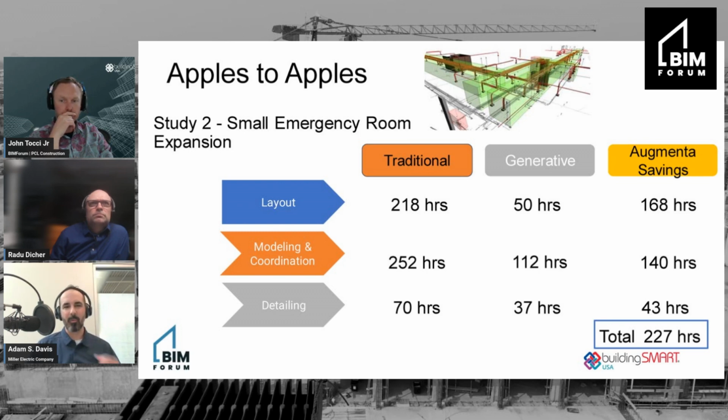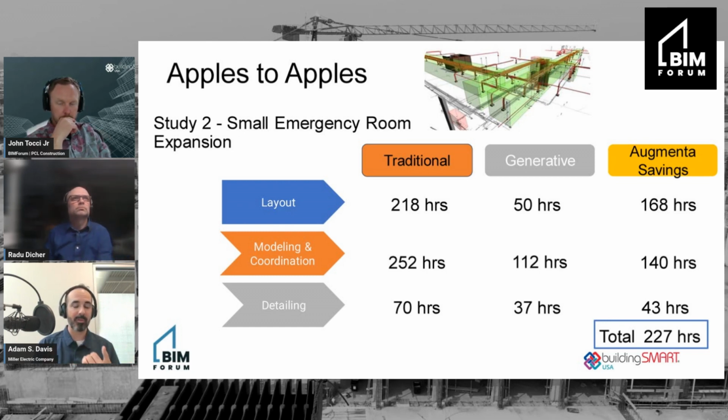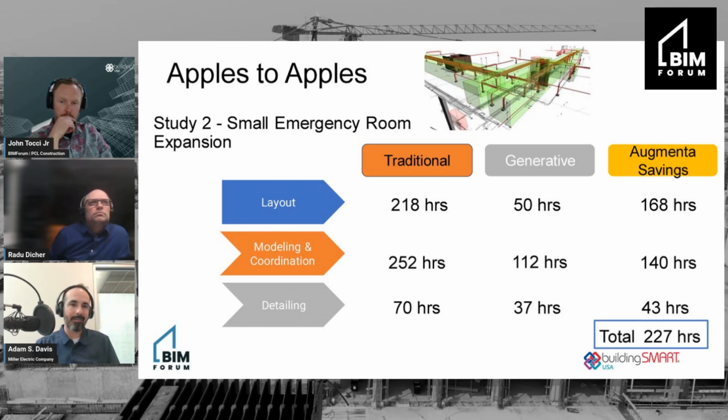We'll look at the branch. We didn't have quite the same savings if you just take it piece by piece. Again, the layout time, we're using a tool to design our conduit runs for us, right? That's really the true savings, where we're not grouping circuits and things like that. It's taking care of that for us. Again, it needs to be checked, but it saves a lot of that initial layout time and then the initial population of the conduit. It didn't save as much on the branch routing because there's some more rework there,